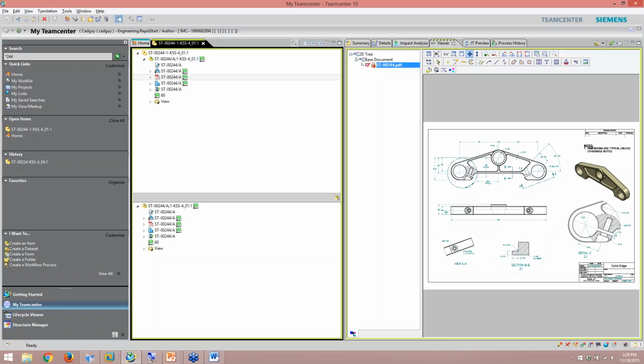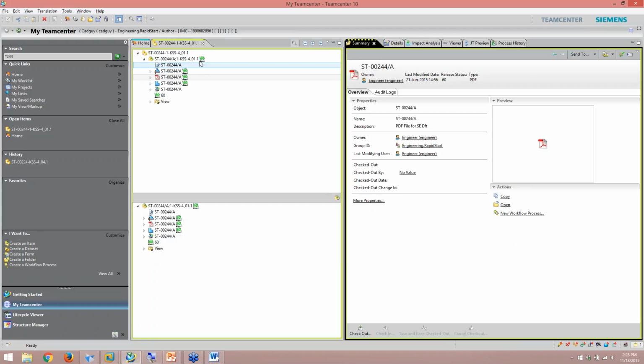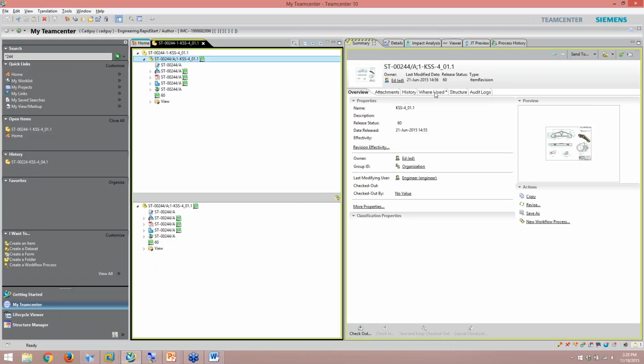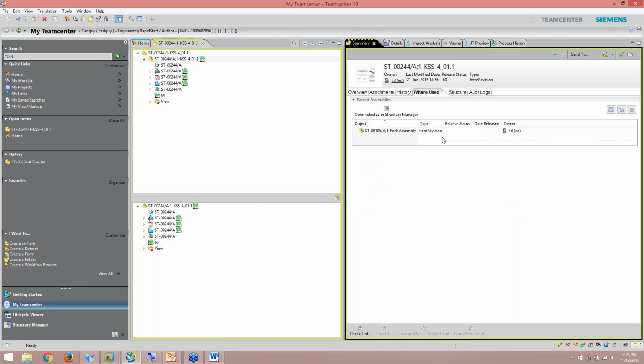Other things, I have markup tools over here that I can utilize and I can edit this. Some of the things that are built in with the integration, I have an extra tab that's been pre-configured with RapidStart. It's a Where Used tab. With this Where Used tab, because this was saved through one of the integrations, it could be Solid Edge, SolidWorks, NX, I can go ahead and find any assembly that's associated with this part.